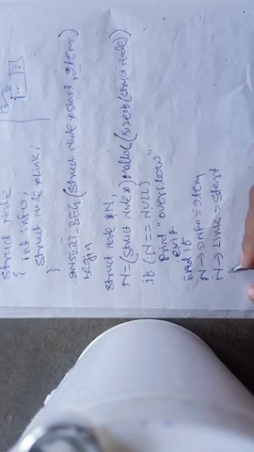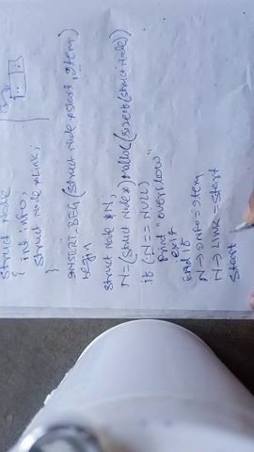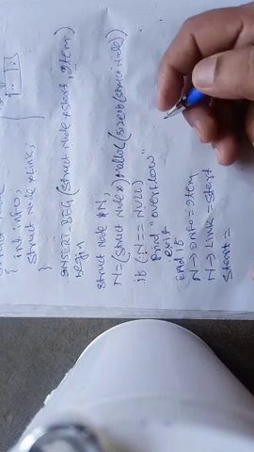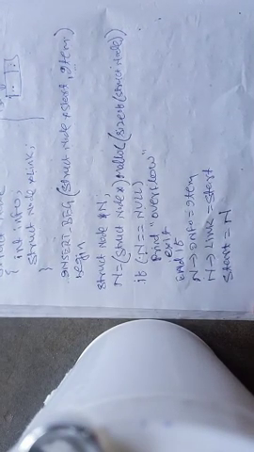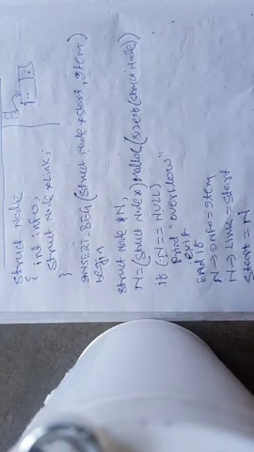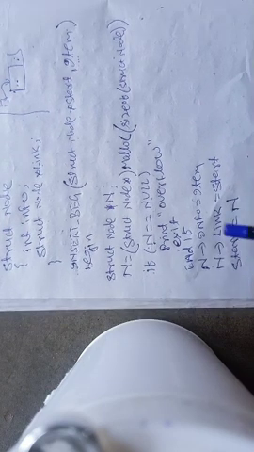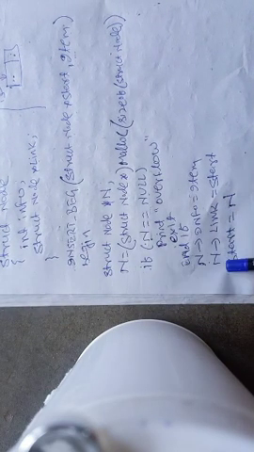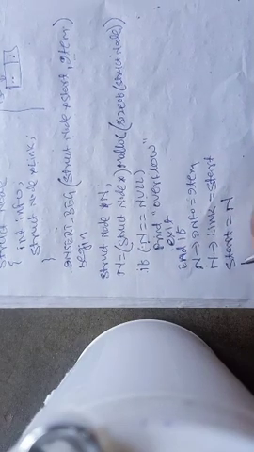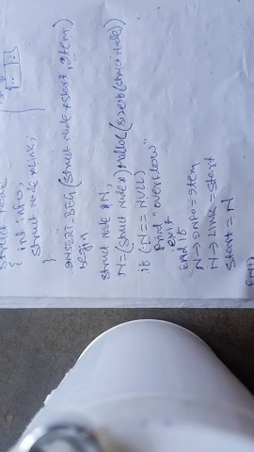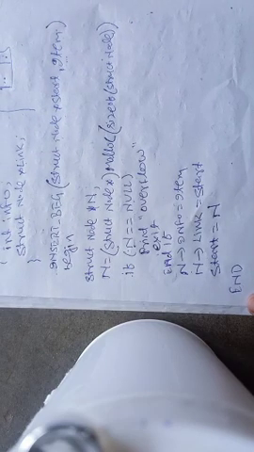Now one more step is required. The value of the variable start will change, because after insertion, who becomes the first node? My new node will become the first node. So the address of the new node will be stored in the variable start. How can I get the address? I can simply write start equal to n. So the value of n, which is this new node, will be stored in the variable start. Okay, so this is the insertion of a new node at the beginning. Then I can write end, so my algorithm terminates here.